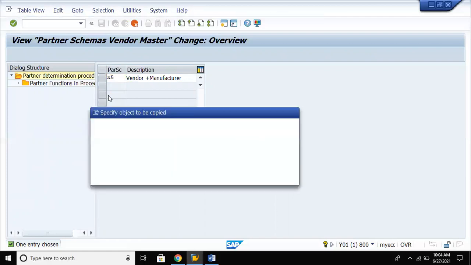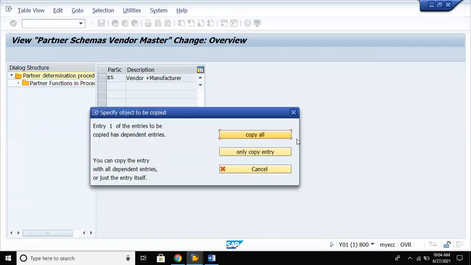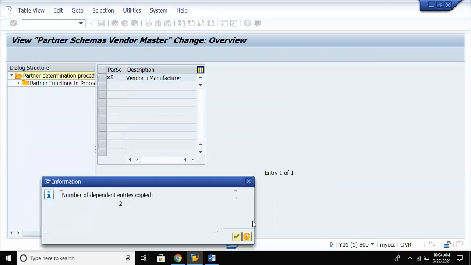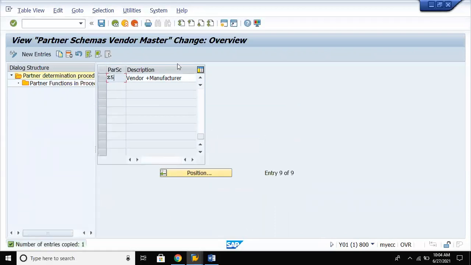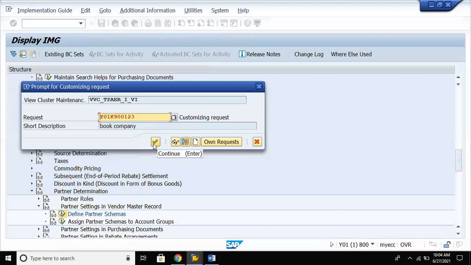Enter. We are going to copy all the entries available, so click on Copy All. Enter. Now here we will write the book company name. Enter, save. Enter again.